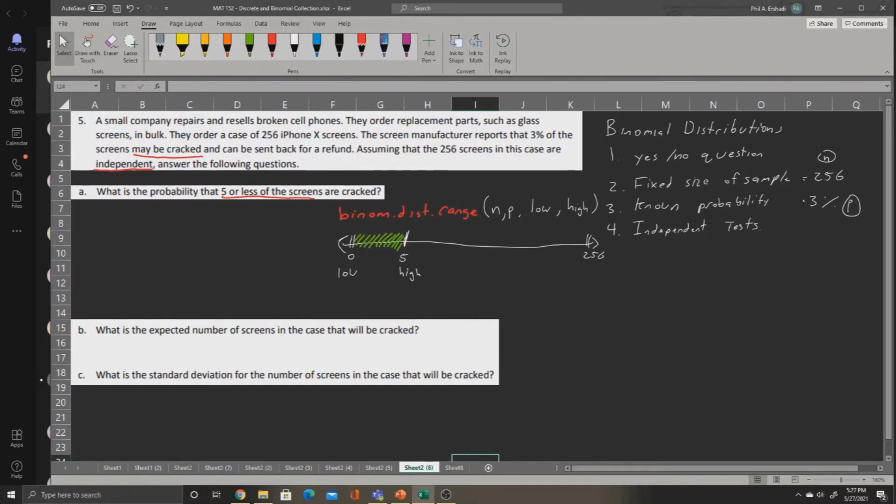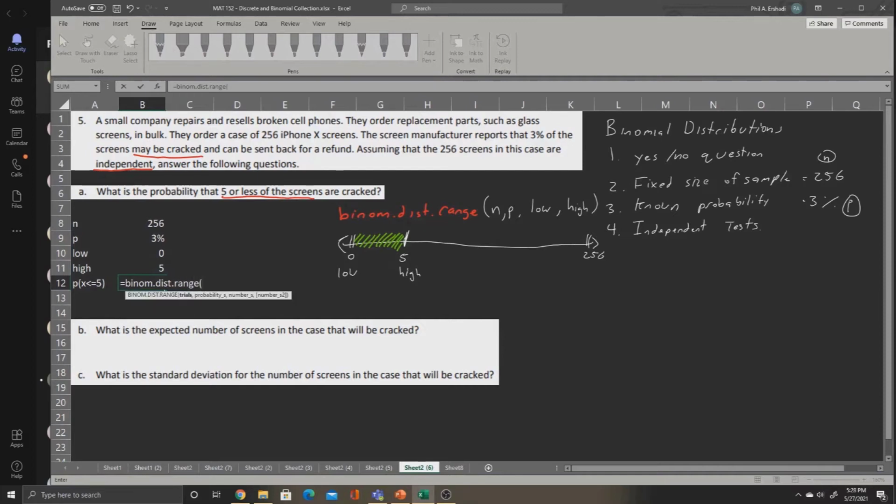Now, let's make our list in Excel. We'll have N, P, low, and high. Based on that, we can get the probability of X being less than or equal to 5. We'll type 256 for N, 3% for P, low of 0 and a high of 5 as we drew in the picture. And now we enter